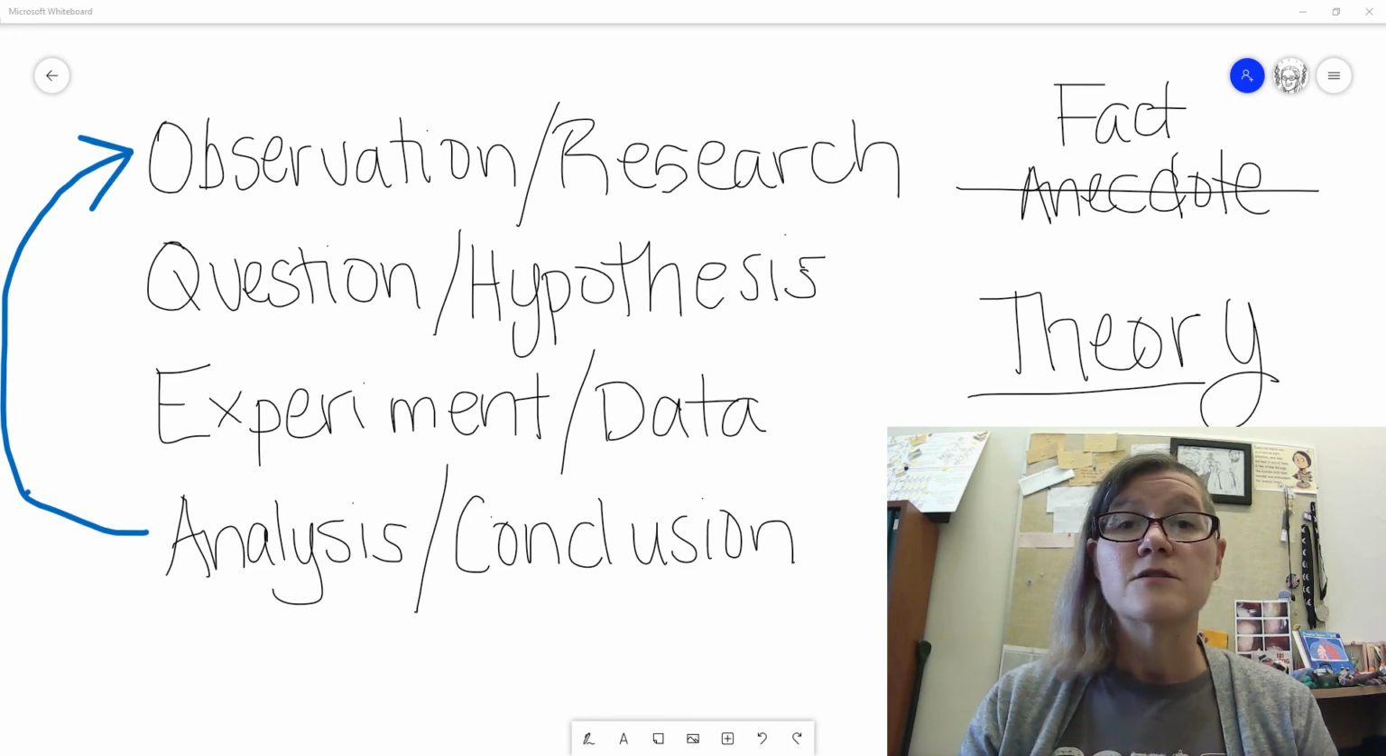All right, so that's our process of science, our scientific method, and hopefully enough to help you really get the idea of how you can do science no matter what that science